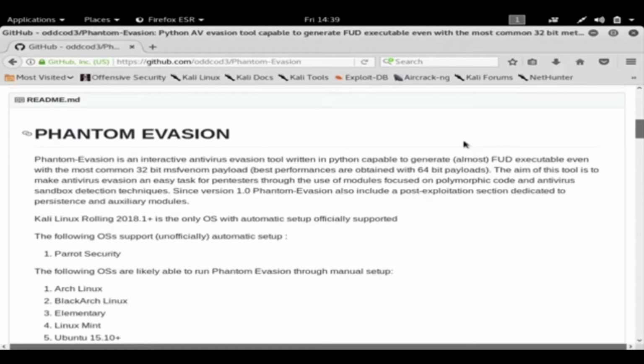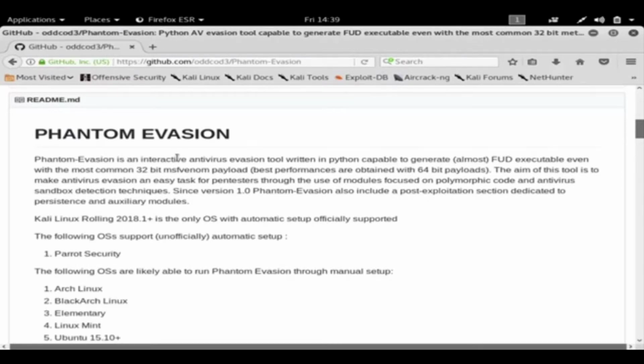I realized how hard Veil Evasion was to set up because I got a Windows update, which they force you to do, and of course it destroyed my Kali Linux box. So when I was rebuilding my box and putting Veil Evasion back in, I got it working, but I realized how difficult it can be. It took me about 30 minutes, but I figured it out, and I came across this cool program